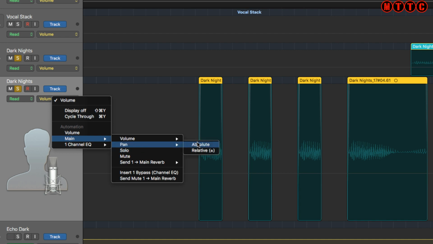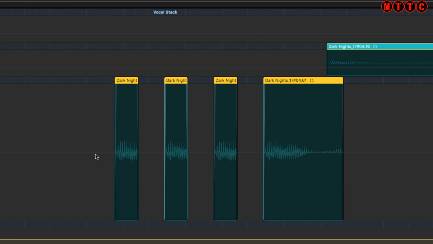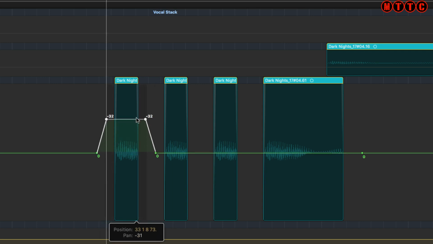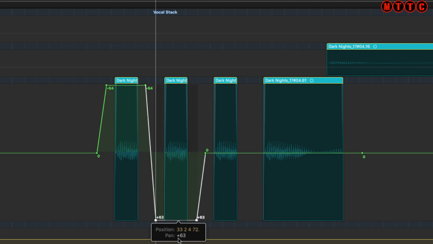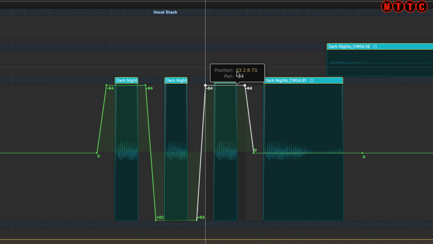pan and absolute. And all I need to do at this point, I'm going to put a point in here. I'm going to put a point in here. Okay. I'll then put another point in here, another 2 points there, and I'm going to pull this up. I could go extreme all the way up to fully to the left, and then down here I can go fully to the right, and then put 2 points in there, pull this all the way up fully to the left, and then